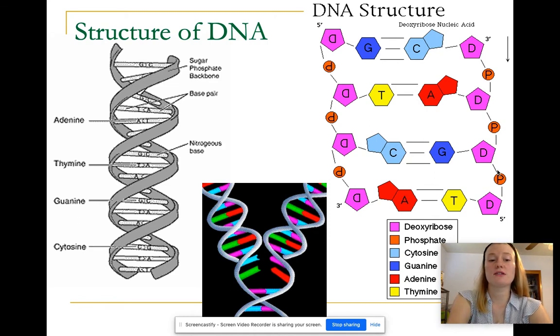that are named cytosine, guanine, thymine, and adenine. Each one is coded with the first letter. So A is coded for adenine, T is coded for thymine, and so on. And they match. A and T go together, so adenine and thymine go together, and cytosine and guanine go together